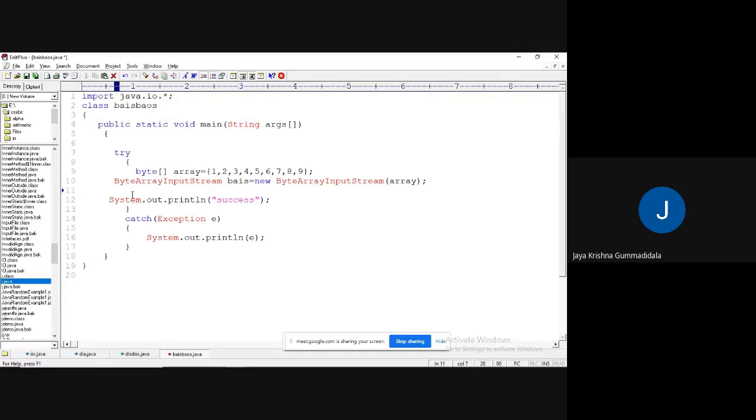Now I can read the data from the byte array. How are we going to read the data? I can read through this object, BAIS dot read method.